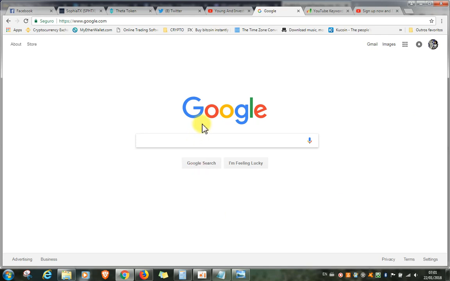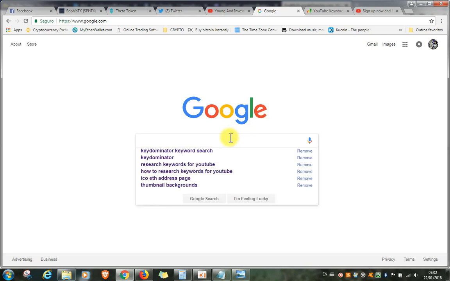So first we go on Google, because there are a lot of phishing websites that look like MyEtherWallet, but are actually fake websites. The page looks exactly the same, everything looks very similar, just the address is a little different, because they make a copy which is not perfect, so there is some extra letter or different letter in the address. So the best way is to go to Google first and type in here